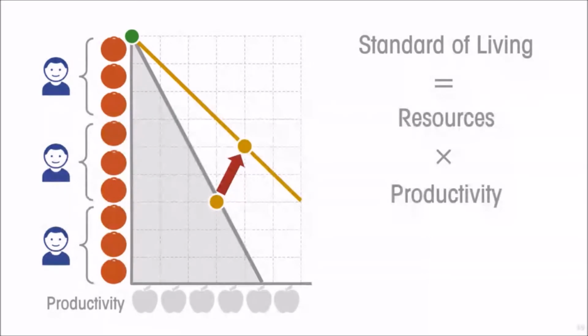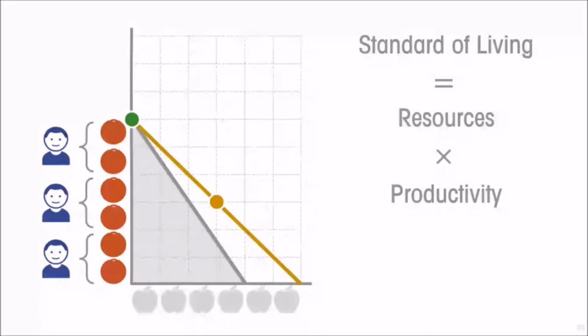And the third possibility is to have the same productive capacity and the same productivity, but to get better terms of trade. The terms of trade is what does it cost you in terms of what you produce to get what you want, what you are trading for. In the case of our example, what does an apple cost you? In the present terms of trade, an apple costs us 1 orange. But if we could get improved terms of trade,